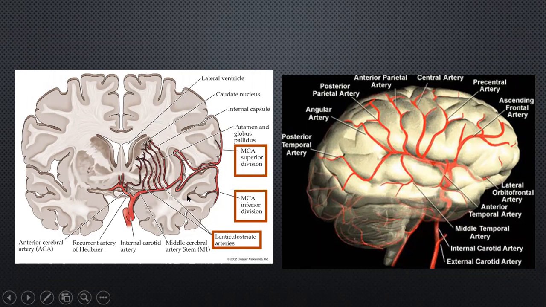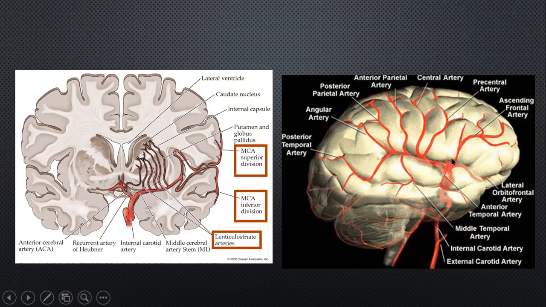Subsequently, the MCA comes out towards the sylvian fissure over here, and then takes this characteristic sharp turn along the superior and also occasionally along the inferior lip, and these are along the opercula of the frontal and the parietal lobes. So this is the M1 segment, this is the MCA bifurcation, these are the M2 segments, and as soon as they hit the surface, we call them the M3 segments, and much further distally, we call them the M4 segments.